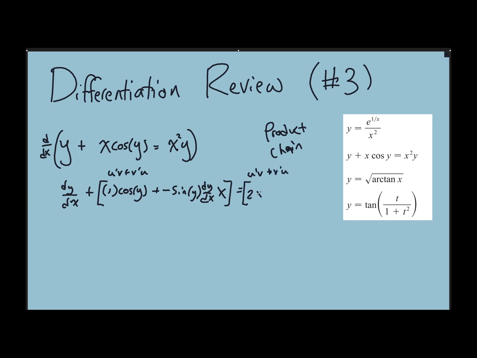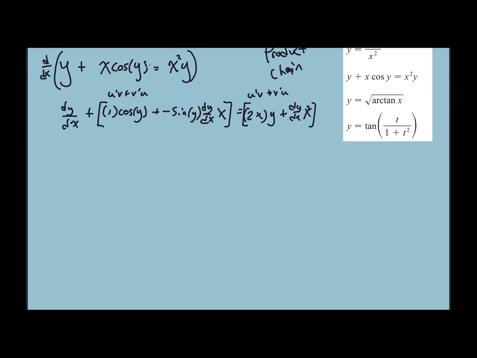equals another product rule, u prime v plus v prime u. U prime is going to be 2x, and then y, plus v prime dy dx, x squared. And these by themselves, so I guess we don't need those overarching parentheses, but it's not going to hurt. So what can we do? I think we should move this to that side, and move this to that side, so the dy's are everywhere